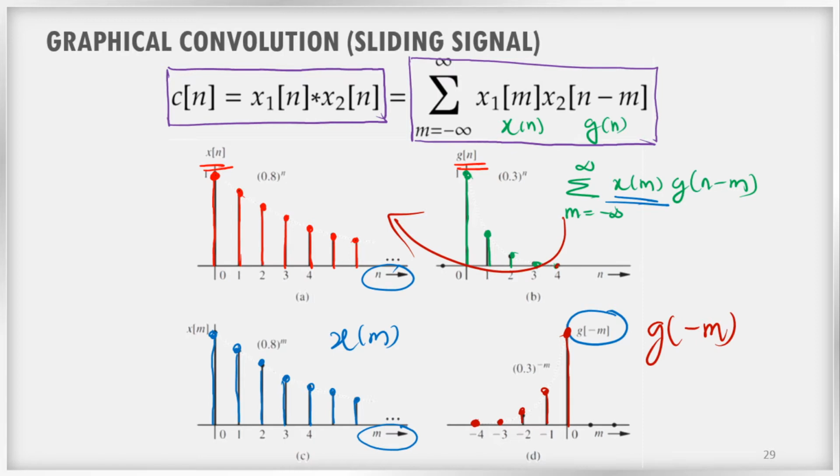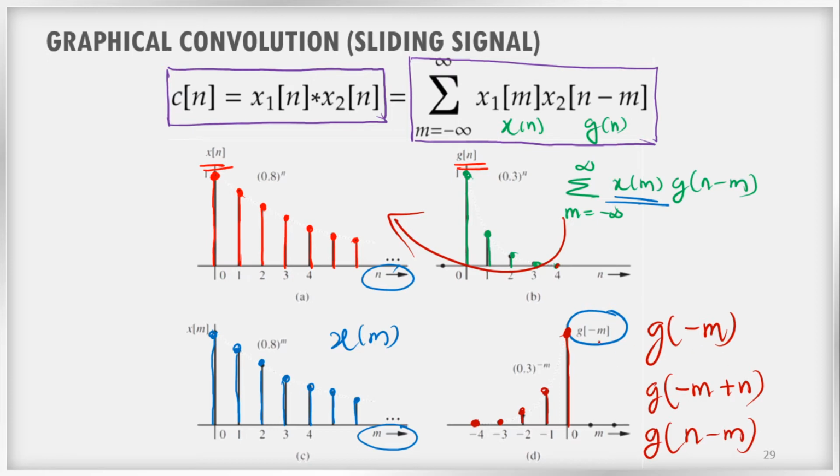We have to shift this particular signal, right? For example, if you want to shift this particular signal to the right side, I have to do g of minus m plus n. Why plus n? You may have a doubt, because it is a reversed signal. Moving a reversed signal to the right means plus a particular value. So here it is n. So we can write it as g of n minus m, right?